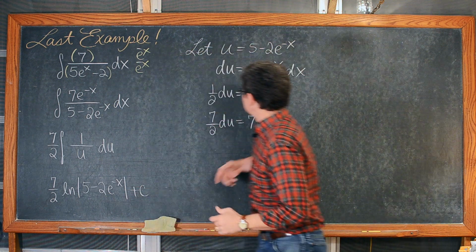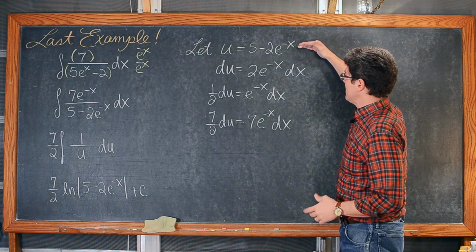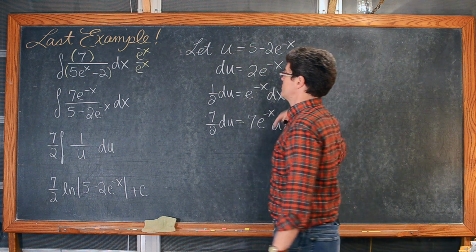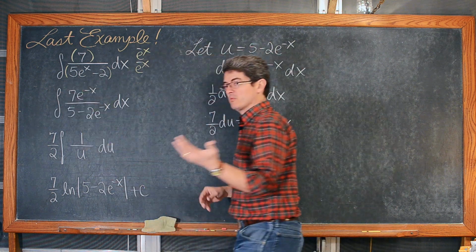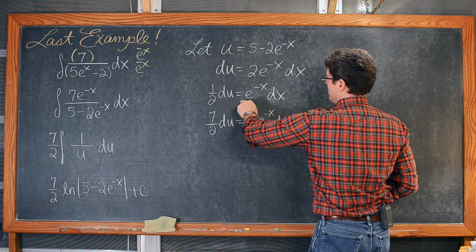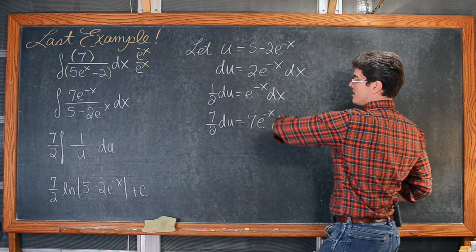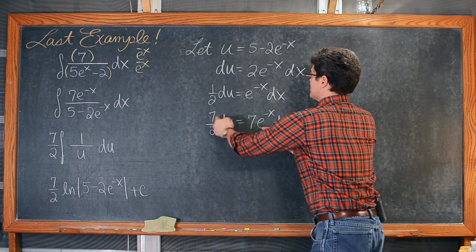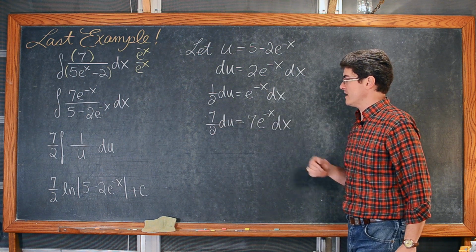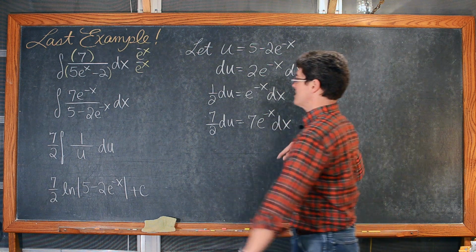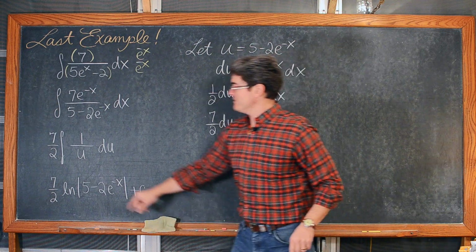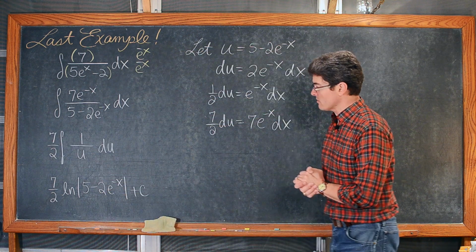Okay, hopefully you got a good u substitution. We found the derivative, we were trying to match this. I could have moved the 7 out front, but we moved the 2 over and had 1/2 du is equal to e to the negative x dx. But I have a 7 here, so simply multiply both sides of the equation and we get 7 over 2 du is equal to 7 times e to the negative x dx. So there's my du. I'm moving my 7 over 2 out in front of the integral.